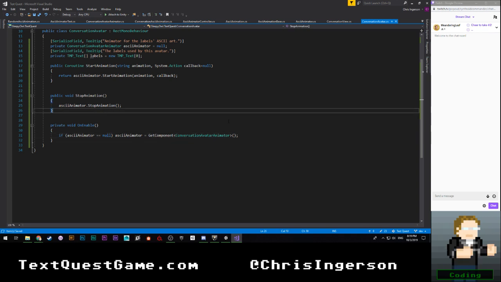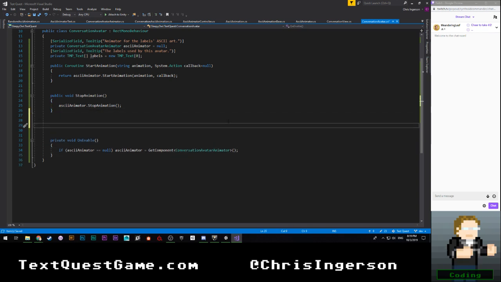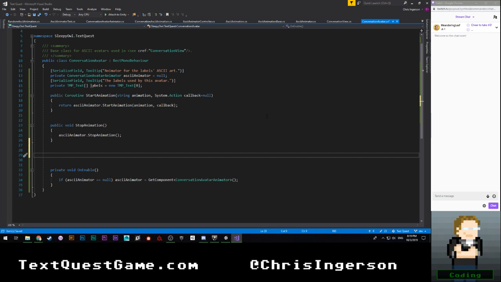Okay, so the other thing that we're going to need to do is have some amount of control over a fade in and fade out. I could really use tween scripts for that.